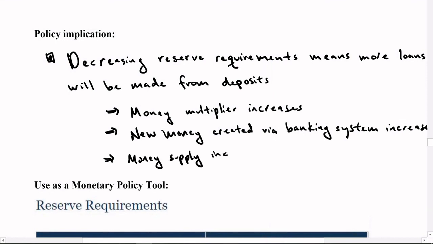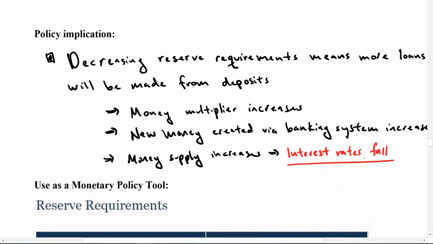And therefore, when the money supply goes up, interest rates fall. And then all of the good things associated with that: more borrowing, more lending, consumer spending and investment in the economy, increased GDP. Okay, so